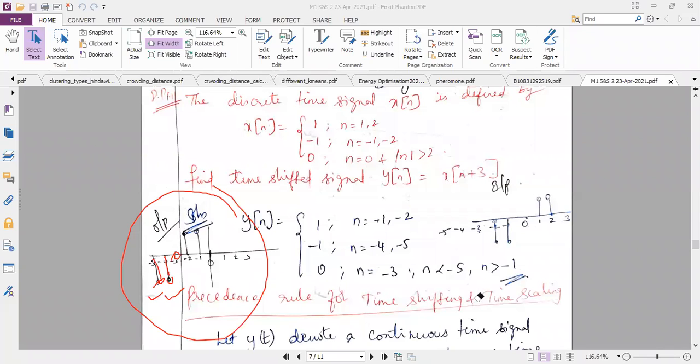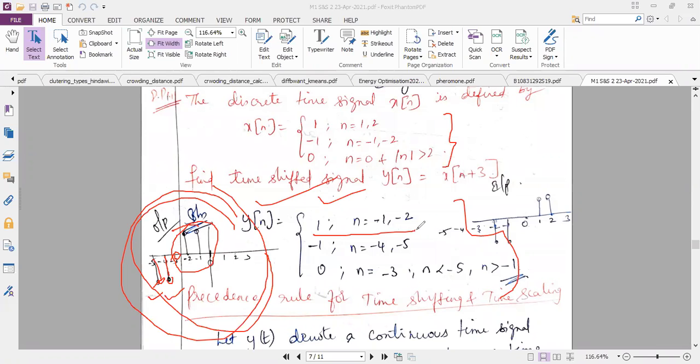Till then, other than finding the output in terms of a diagram, you can write the output in equation form also, because the question is in equation form. So can I write y of n is equal to amplitude 1? At what values of n is my amplitude 1? Can you see the diagram and tell me? Yes, Suhas, can you tell me quickly so that we'll wind up this problem? Can I say y of n is equal to 1 at